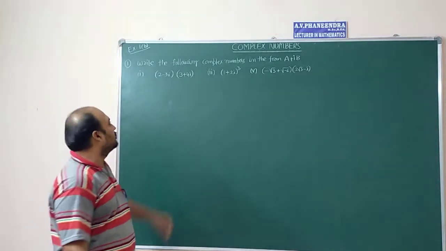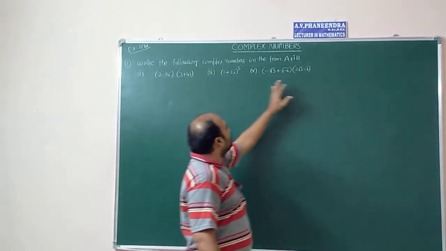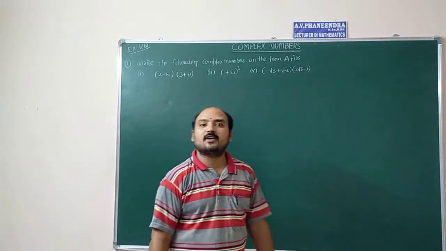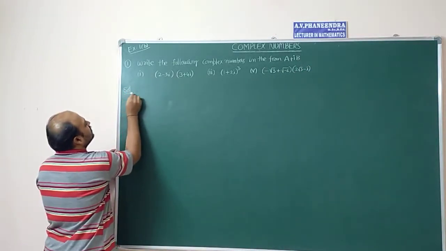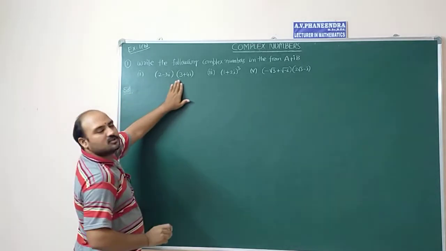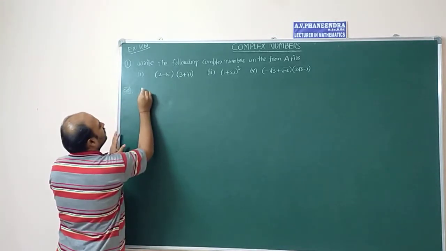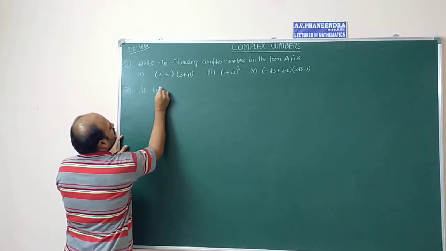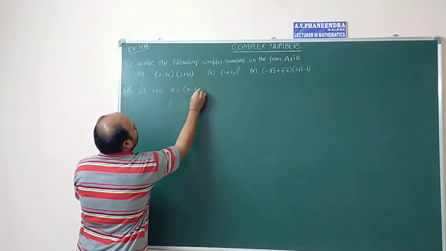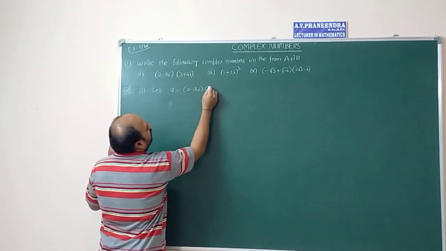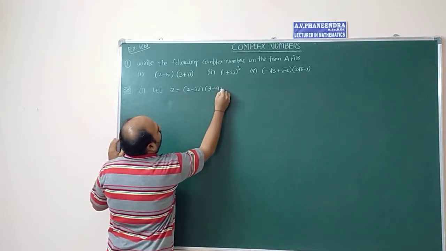The next question. Write the following complex numbers in the form of a plus ib. We take the first question in this. This is the first question. I am assuming that let z is equal to 2 minus 3i into 3 plus 4i,